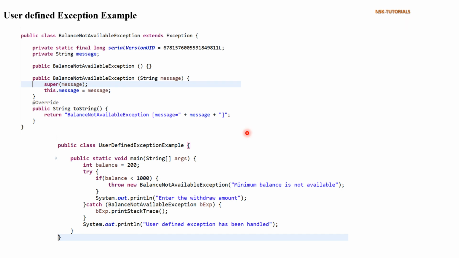That's it, friends. This is the user-defined exception example, and please